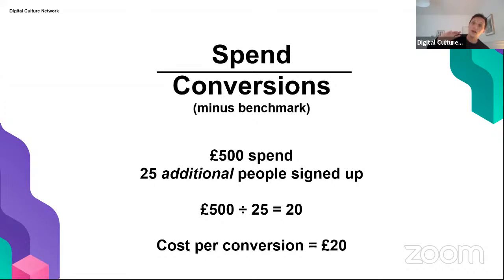So for calculating the cost of conversion, we just divide the spend by the conversions, minusing the benchmark. So in this example, we spent £500 on a campaign, and 25 additional people signed up, which was the objective for whatever this campaign was. So then we just divide it. £500 divided by 25 equals £20 to convert those people. And this is a really high cost per conversion, and it's something that you'll see if you ever look into cost per